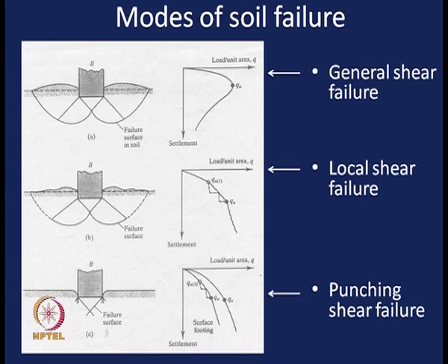Now, next we will go for the different types of failure mechanism. So, we now know where we have to place the foundation. Where there is sloping ground, you have to satisfy different conditions. Now, if there is a level difference between two foundations, then we also have to satisfy different conditions.